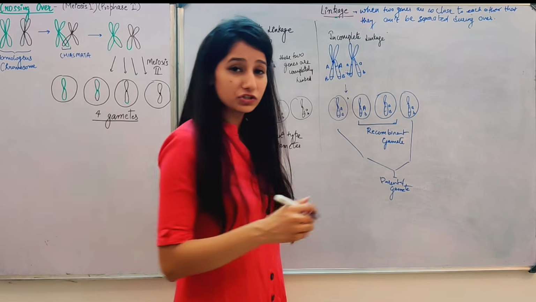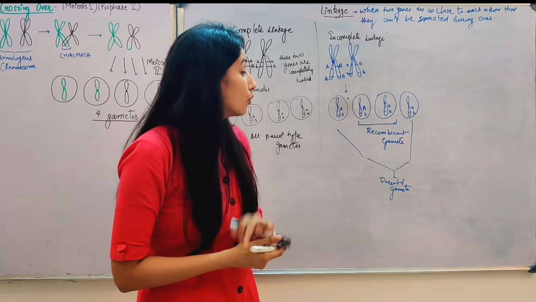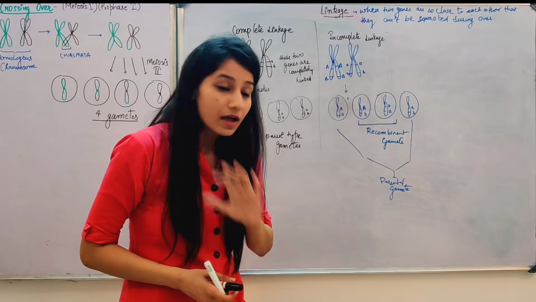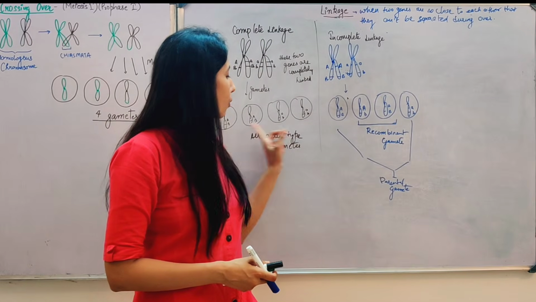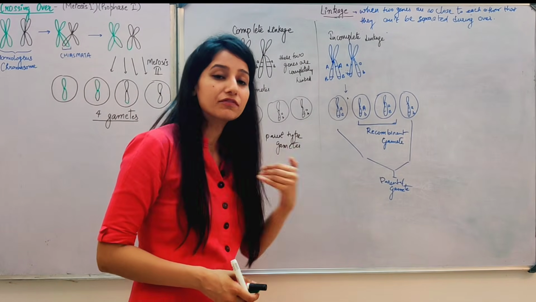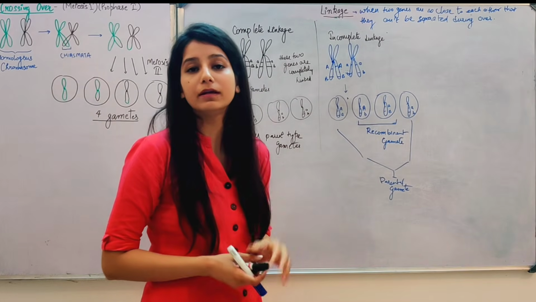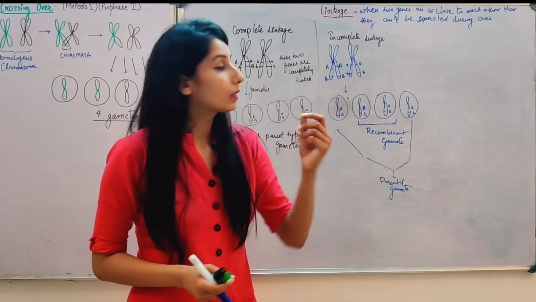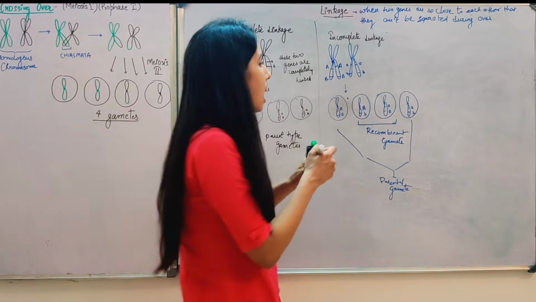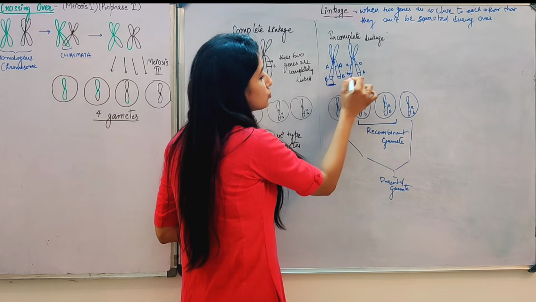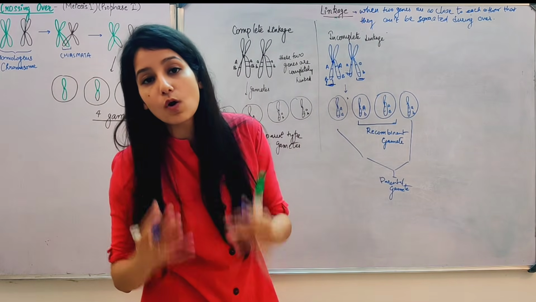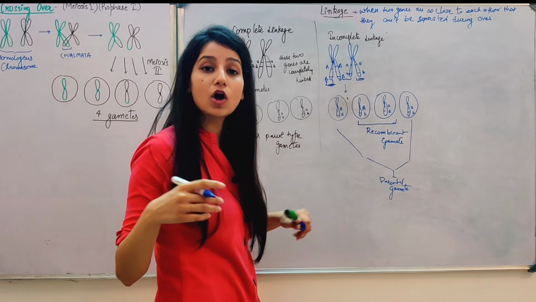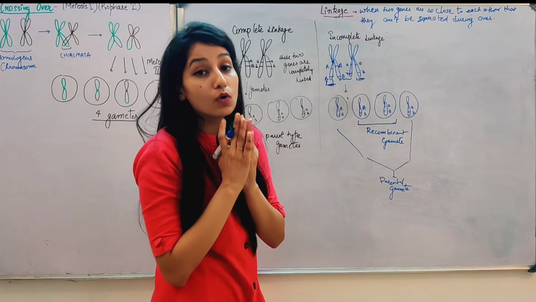Now can I ask you a question? Will there be any condition when all 4 of the gametes will be recombinant? As here in this condition, 2 are the parental gametes. So can a condition occur where all gametes will be recombinant? This condition can never occur, guys. What is the reason behind this? You can see this arm and this arm. These two arms will never undergo crossing over with each other. Only these two arms will undergo crossing over with each other because they are so close to each other.